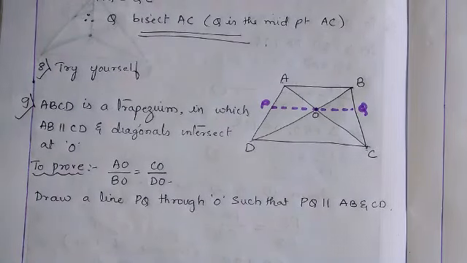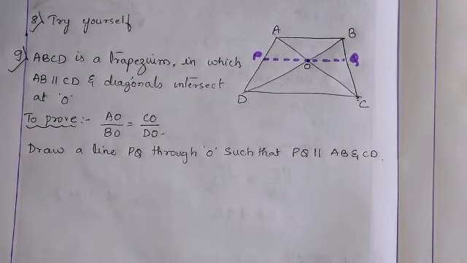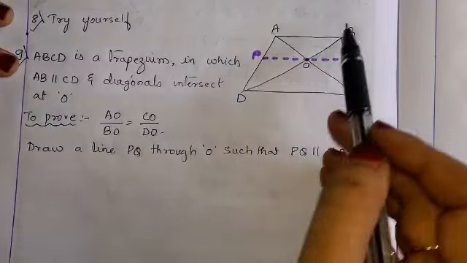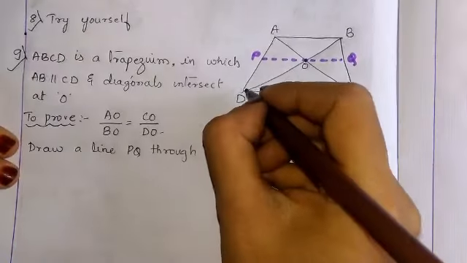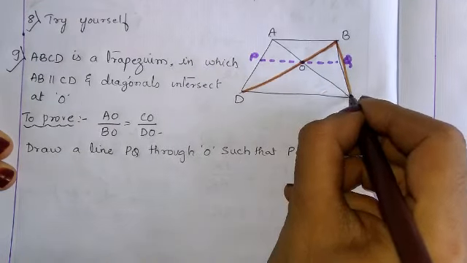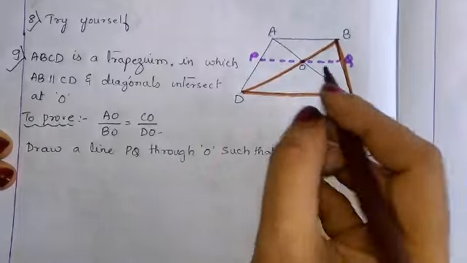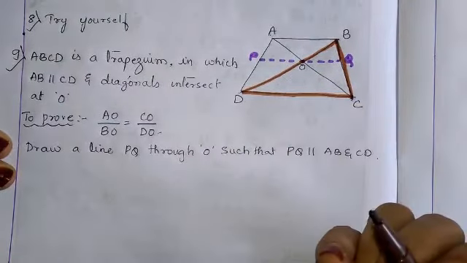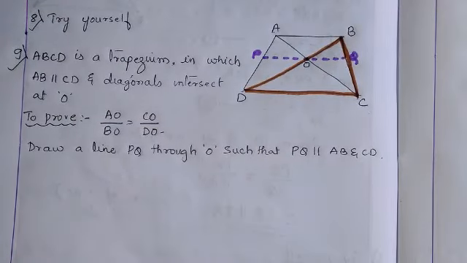Let us start proving now. Let us focus on the figure and the triangles. I'll go for triangle DBC. There will be many triangles, so you don't get confused. Why have I taken DBC? Because we can see BO and OD in it. So to prove this, I have taken DBC.